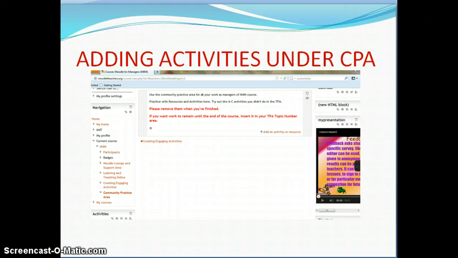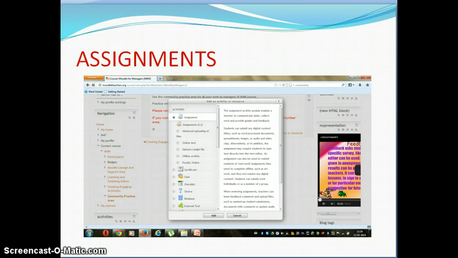And we have also been instructed to add activities under CPA. With the turn editing on button, we will be able to continue with these activities. They are different from the activities that we did under TPA. It is CPA, that is common practice area. The activities are the same, but the place where we are required to put the activities is different. So under CPA, I have added some activities as we have been advised by our mentors and Dr. Nelly. We will be talking about activities A to C, that means assignments, then we have choice,